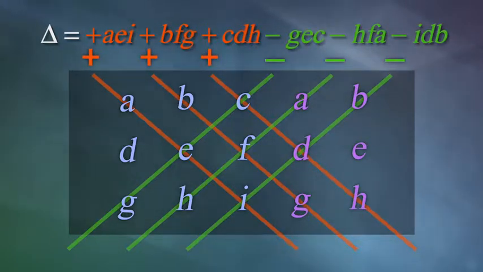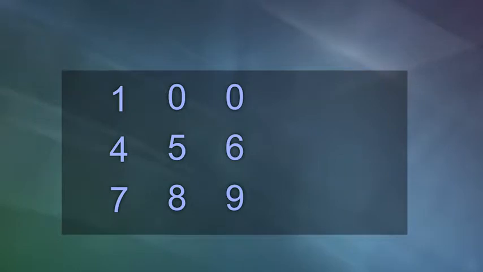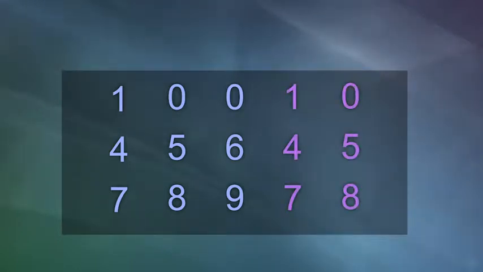For instance, if you look at the first diagonal down and to the right, you see A, E, and I. And these correspond to the AEI term in the formula for the determinant. Let's do an example. Suppose we want this determinant. Then we'll form this diagram,